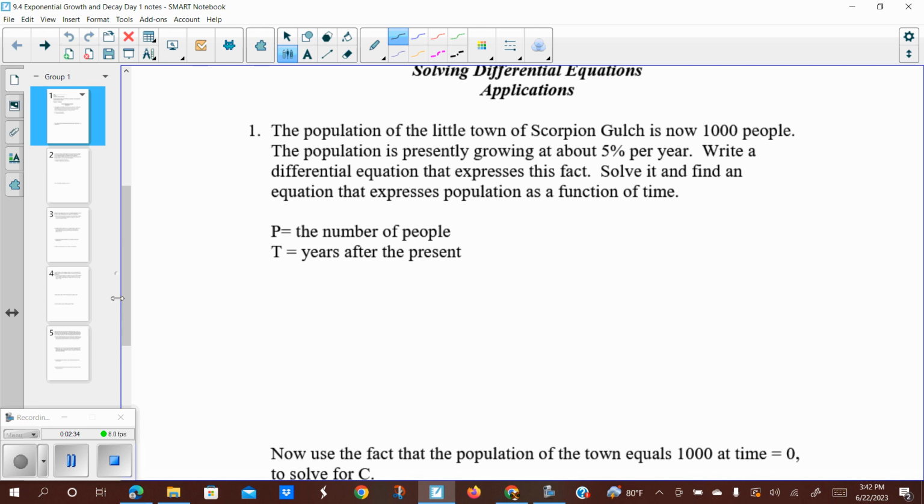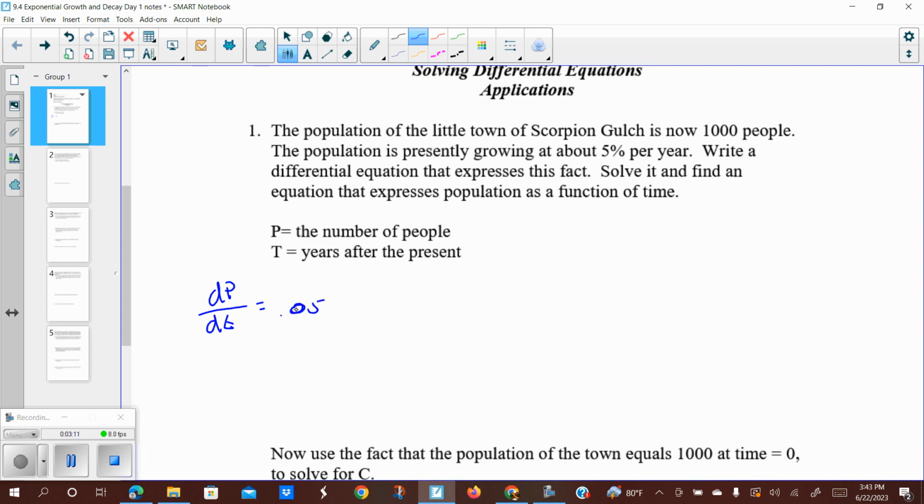So we basically want to write the differential equation that we can then solve for an actual population equation, not a derivative equation. So they're telling us that P is the number of people and t is the years after the present time, I guess. So let's start off with the differential equation portion. Well, we know that the population is changing. So there's a dP with respect to time over dt. And they are telling us that it is changing at a rate of 5% per year, which is